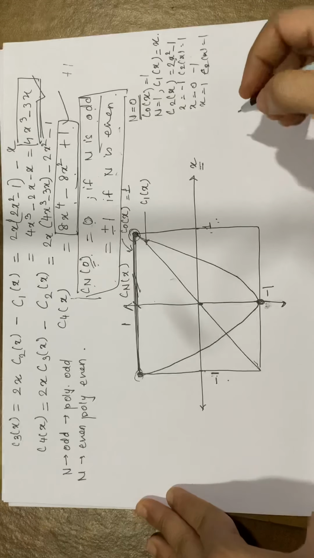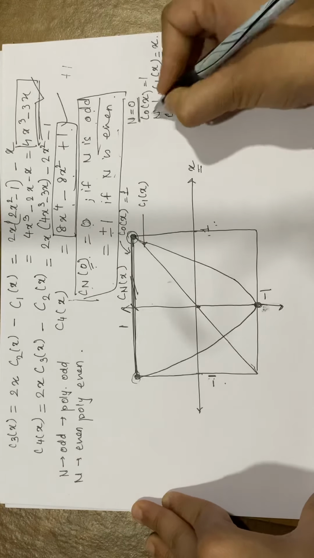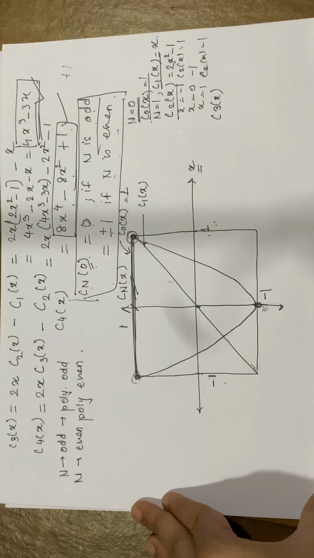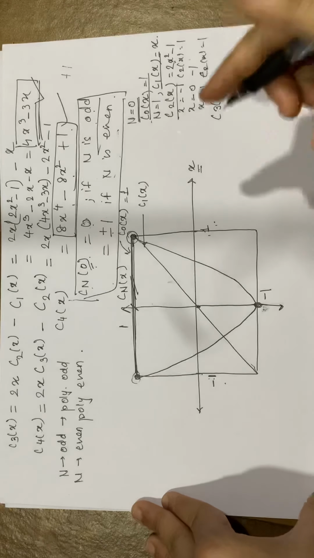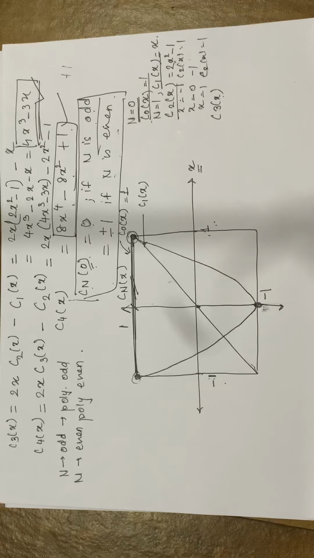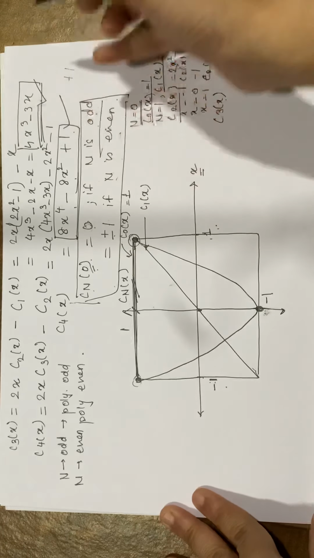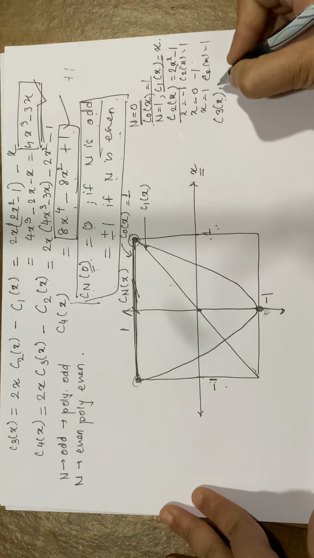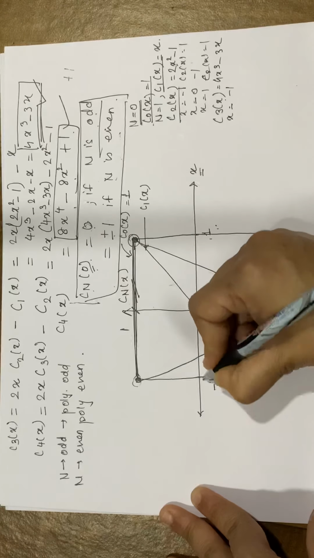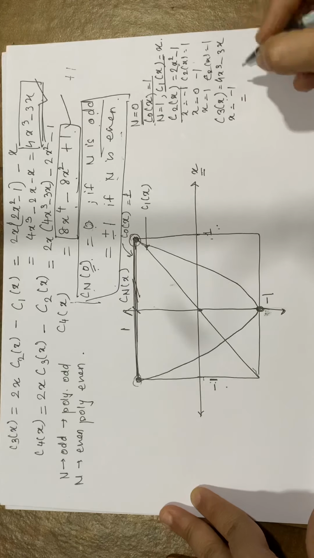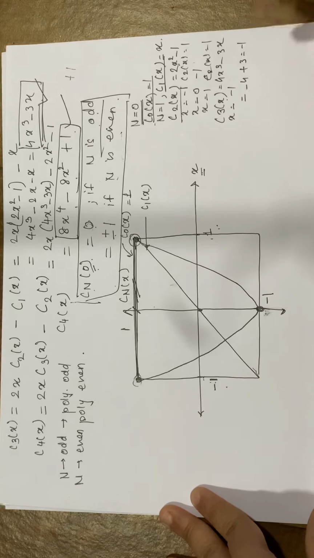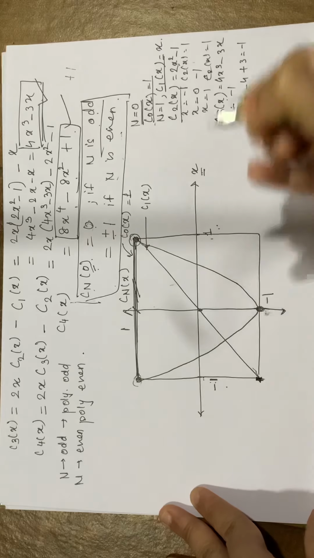Now let us plot, so C0 is done, C1 is done, C2 is done, C3 of x. How will C3 look like? Just go on substituting for different values of x. C3 of x, we proved that C3 of x is 4x cube minus 3x, right? So it is equal to 4x cube minus 3x. For x equal to -1, what will it give me? 4 into -1 cube will be -4, minus 3 into -1, so +3, which is going to give me a -1. So the first point is going to be this point.